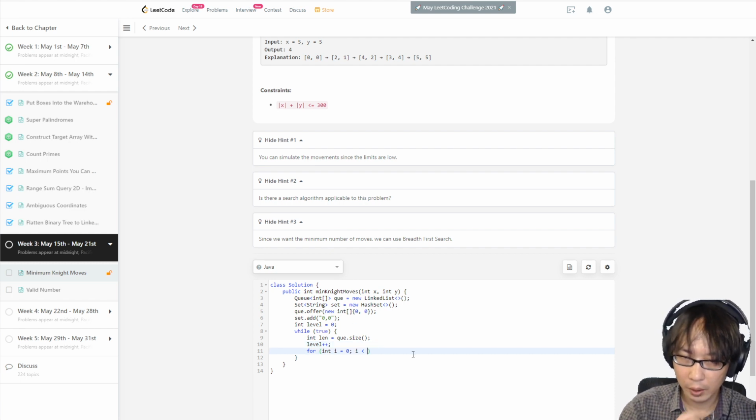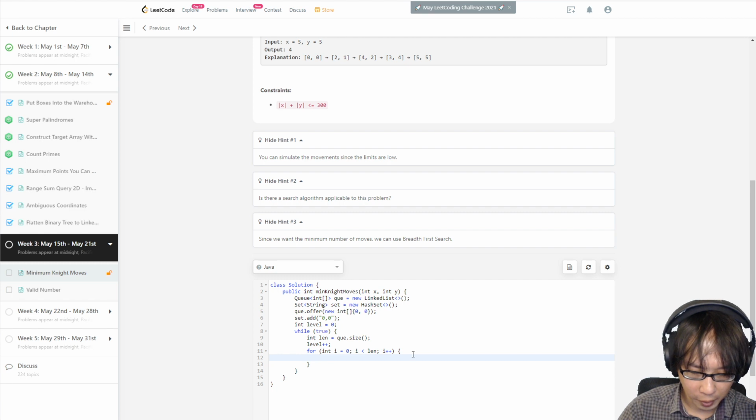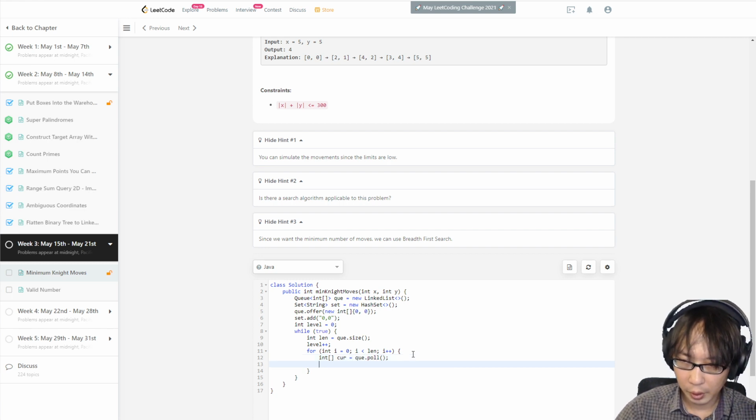So i less than len, i plus plus, and let's get one from the queue. So int cur equals to queue dot poll, and then